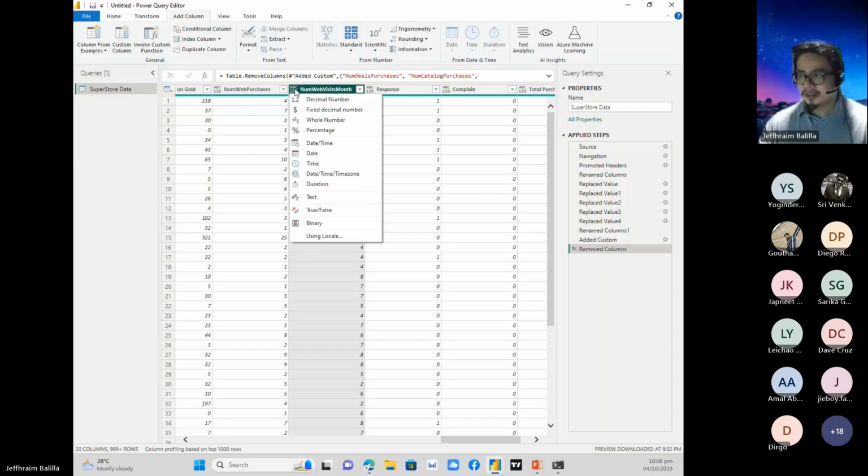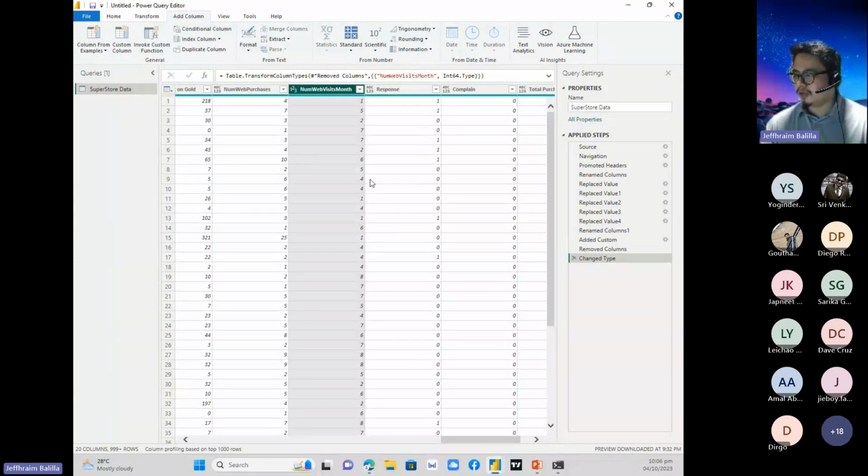in Power BI. You can choose decimal number. You can choose fixed decimal number, for example if you are working on a currency variable. You can do whole numbers, percentage, and so on. So again, you click on that icon, and for example, this is a count variable, right? So I can just click whole number for it. And as you can see in here, a new step has been added, Changed Type. If I click on the X, it would put it back to the ABC123 or the generic format. So let's again put that into a whole